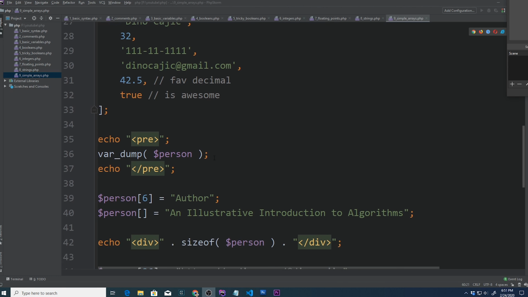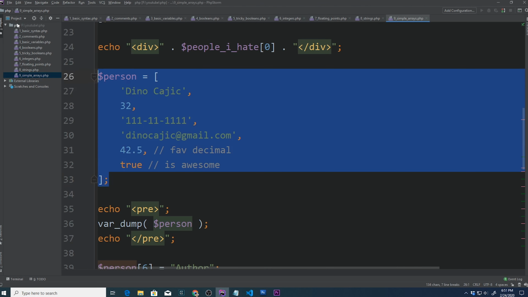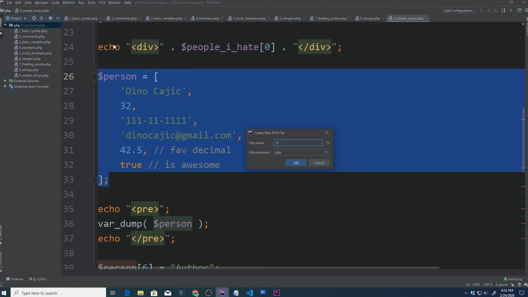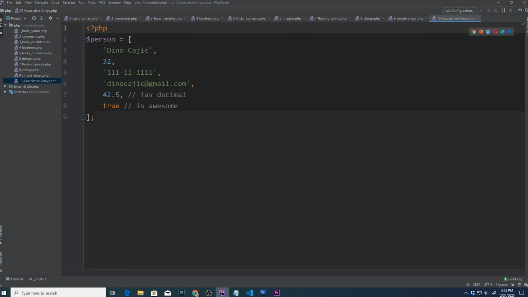So, let's look at the previous example, person. We're going to go ahead and copy this. We're going to create a new file, and I'm going to name this file 10 Associative Arrays.php. Okay, and inside here we're going to paste this person array. Looking at the array, we wouldn't know what some of the elements represent. For example, what is 32? 42.5 and true. We could deduce what everything else means, but it would be better if it was explicitly stated